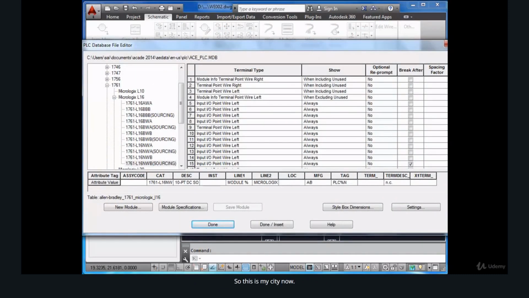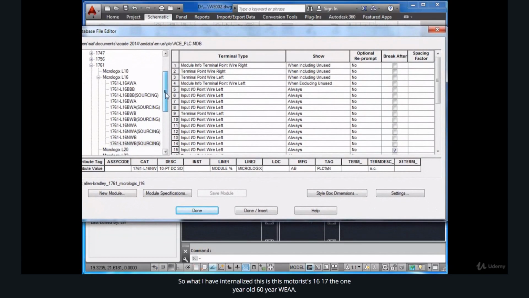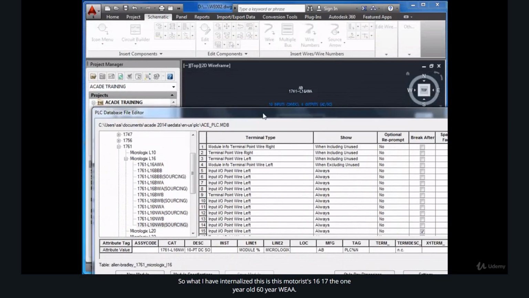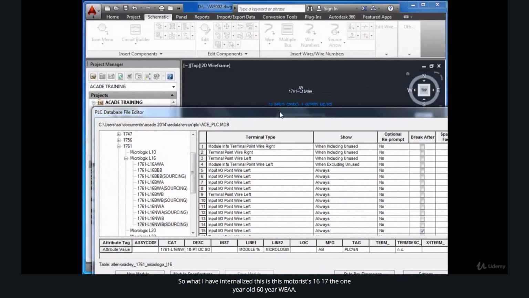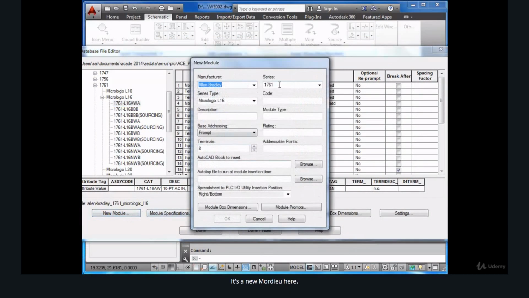So this is my database editor now. What I have inserted at present, this module is L16 AWA, 1761 L16 AWA. Okay, it's a new module. Here I want to create the same series, a new module. Let me name this custom. That is my new module. Okay. Description, if you want to put any description,